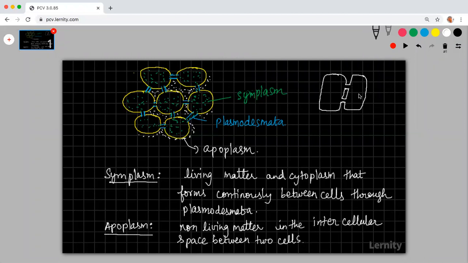Yes, plasmodesmata will occur only in plant cells. In human cells, we call them junctions. We have a different kind of thing. We'll study about cell junctions. The word plasmodesmata is used only for the layer which is forming as a bridge. Plant cells will have cell wall, because of which the structure is different.